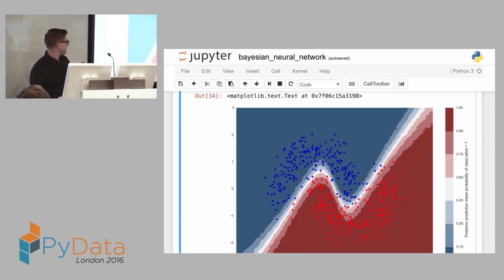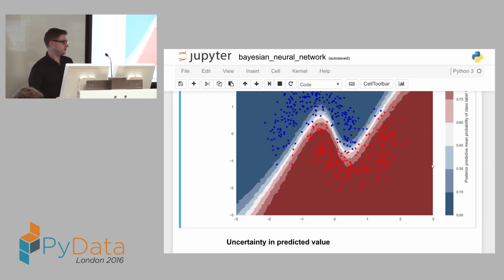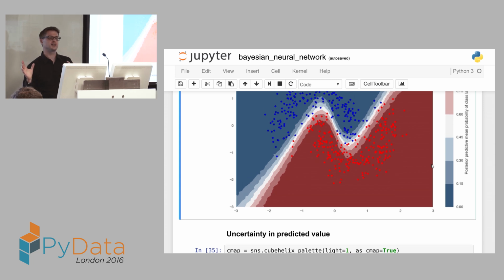And this is what that looks like. So now the color here is the probability that a point with that coordinate will belong to class 1 or class 2. And you can see, as you would expect, this is basically what the hyperplane looks like that goes through here.